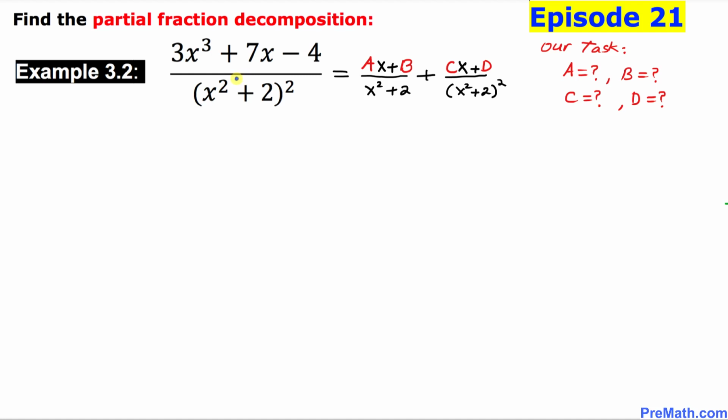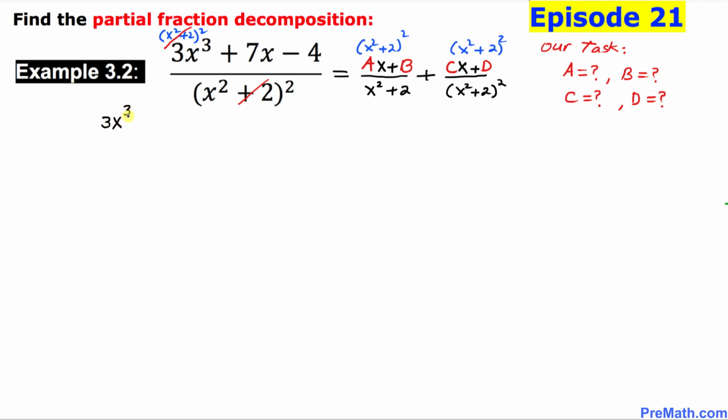Let's focus on the denominator over here on the left hand side, which is x squared plus 2, power 2. I am going to multiply this across the board. Let me go ahead and multiply x squared plus 2, squared, on this side, likewise with this fraction, and likewise on this fraction as well. As you can see, this x squared plus 2, squared, cancels out with the x squared plus 2, squared, on this first fraction on the left hand side, so we end up with only